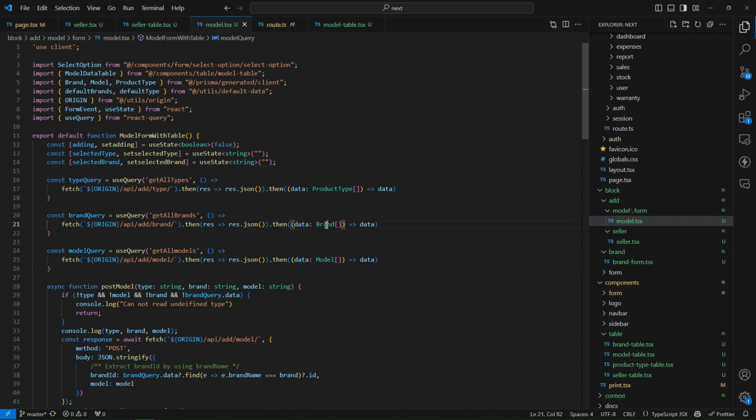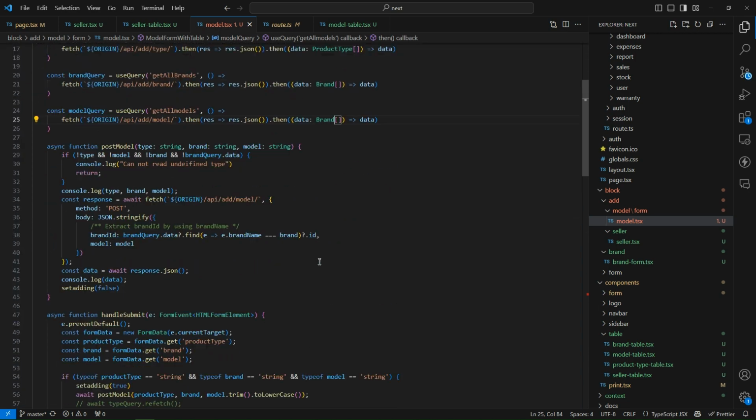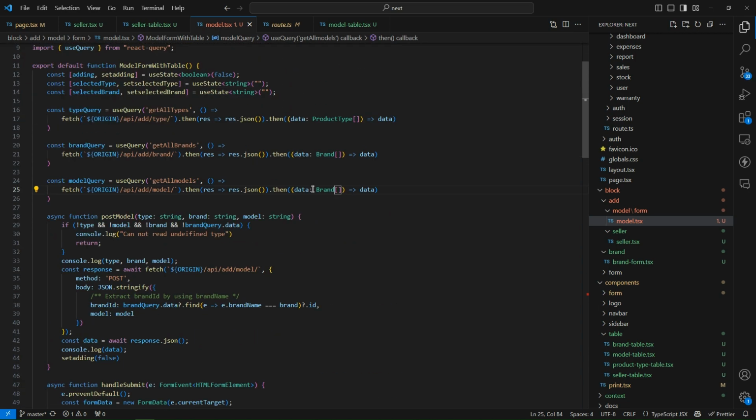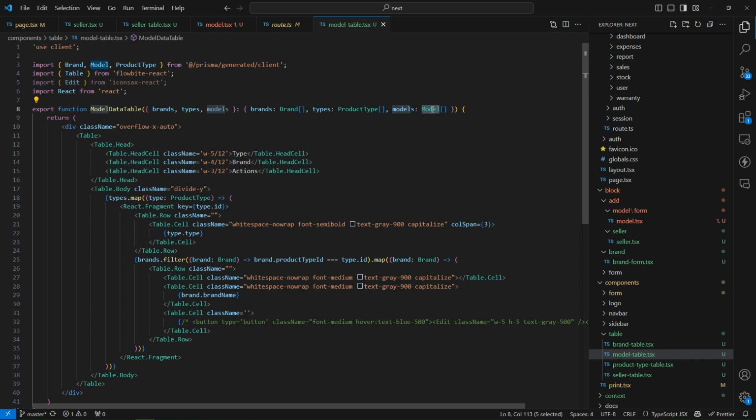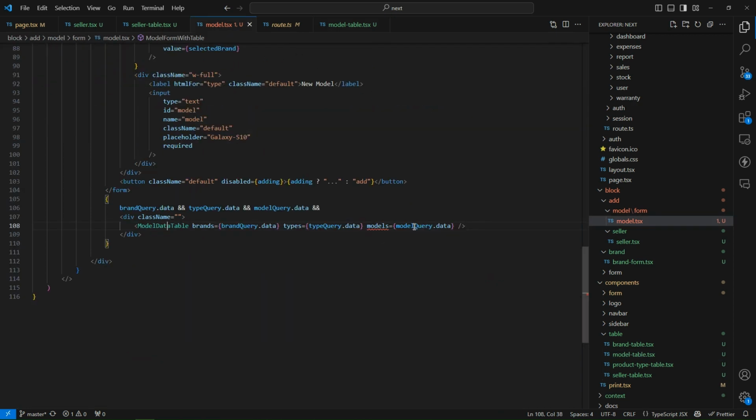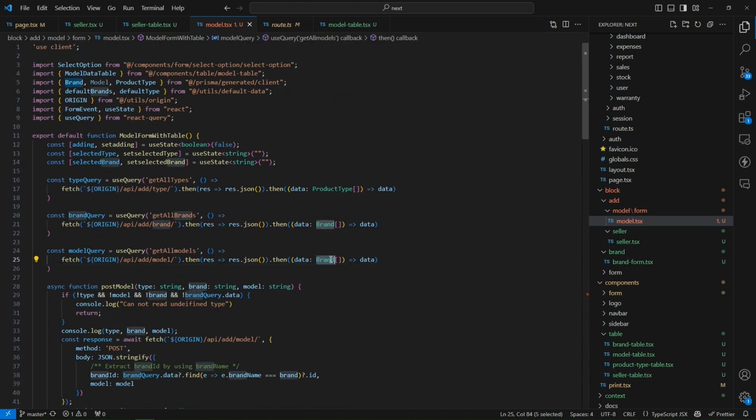Sometimes if we add this type here, it will create a conflict because brand is not assignable to seller. Okay, here I have defined model. Okay, not seller, it is a model. So brand is not assignable to model, that is why it should be model. Okay, perfect. And the most important thing is when we are using React Query,